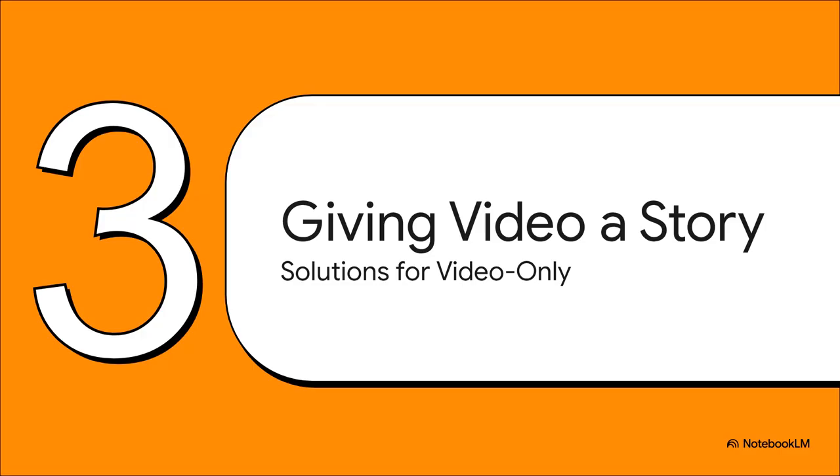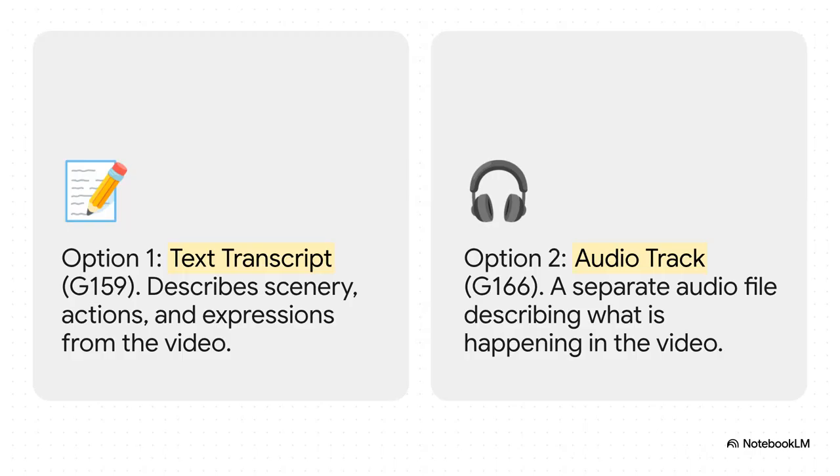All right, so that's audio covered. What about the other side of the coin? Video-only stuff, like a silent animation or some B-roll footage. The goal is exactly the same. We need to provide the missing piece of the story. And it turns out we have two fantastic options here. The first one should sound familiar: a detailed text transcript. So if you've got a silent animation showing how to assemble a chair, the transcript would describe every single step, every screw, every piece. The second option is an audio description track. This is literally a separate audio file that describes what's happening on screen. So you could be watching that silent footage from a Mars rover, and a narrator would be describing the spaceship landing as it happens. Pretty cool, right?